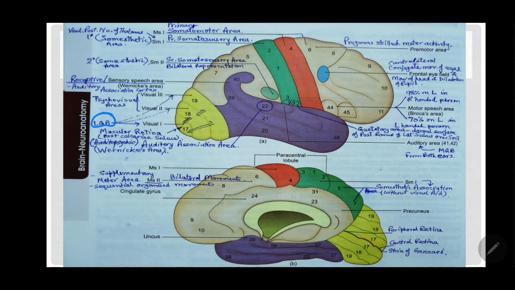These areas, now let me tell you, first of all, area 17 is the primary visual area. It helps you identify that there is light or there is no light, right? So appreciation of the brightness, the intensity of light, vision is that, you're seeing these things around, that means your area 17 is fine. But to understand the depth of the vision, meaning the three-dimensional view, the height, the length, the breadth, the curvatures, the corrugations and everything, you're appreciating that with the help of these peri and para striate visual areas, area 17, 18 and 19.